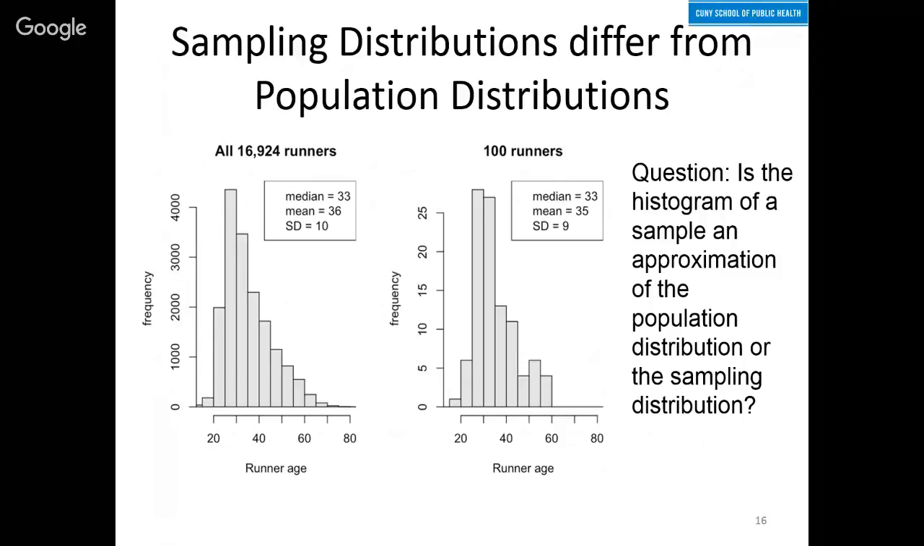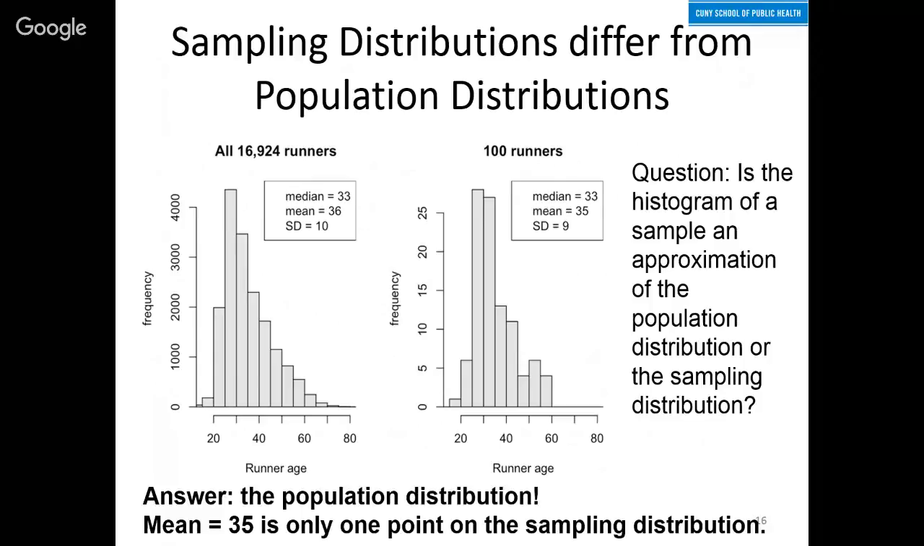Everyone clear on why this histogram is not a sampling distribution? Okay. So yeah, this mean of 35 would just be one point on the sampling distribution because it's a